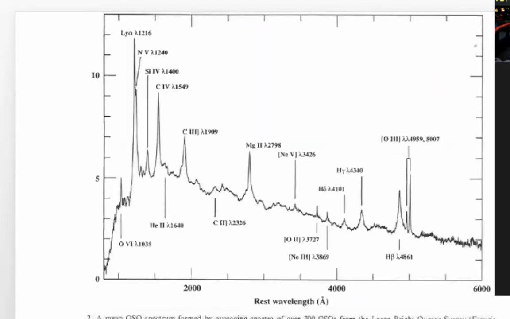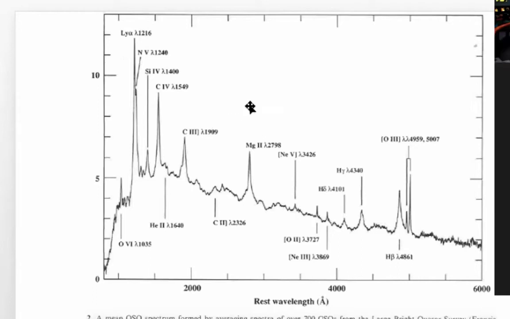There is an average spectrum of an average quasar there, from optical wavelengths over here on the right side all the way down to ultraviolet wavelengths over here. Now, these spectra were taken with optical telescopes. I wonder how they managed to measure all of these ultraviolet emission lines here. High redshifts, you got it, where the wavelengths have been stretched out, lengthened by factors of 2 or 3 or 4 times their original rest wavelength.